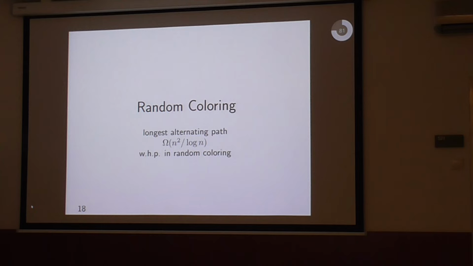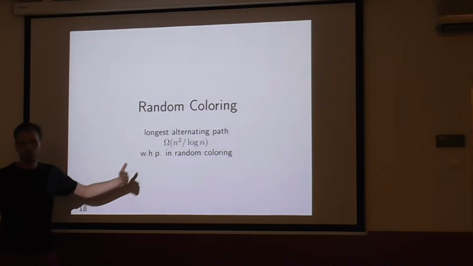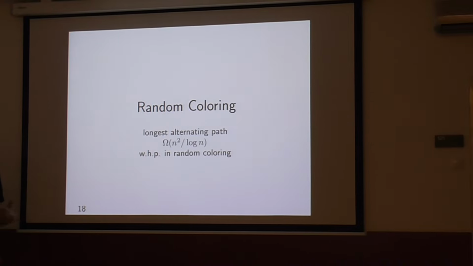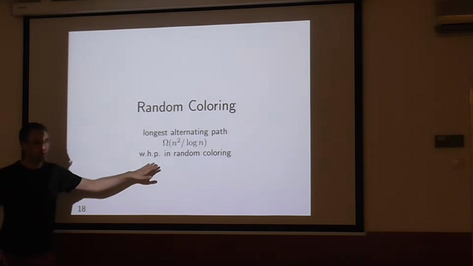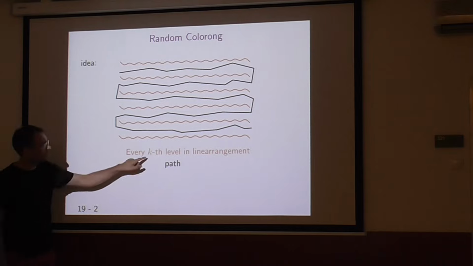So now I want to come to random coloring. So now we talk about alternating paths, which means that we alternatingly cross a red and a blue and red and blue and red. And here the result is that we suddenly go to almost quadratic. So somehow our paths become very long, despite the fact that this seems not to be true in general for any line arrangement, just for random colorings. Okay, so how does it work? The idea is the same as before, but this time